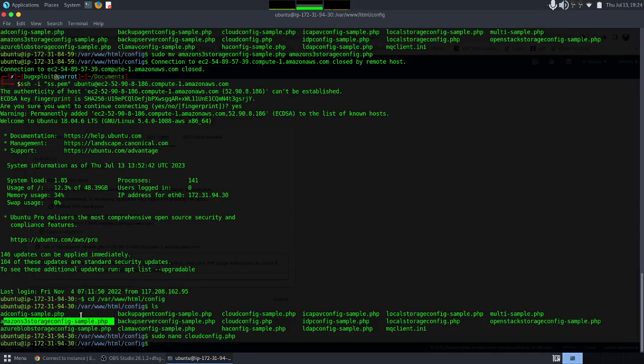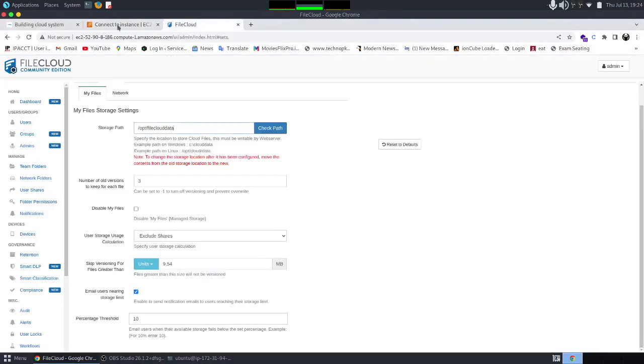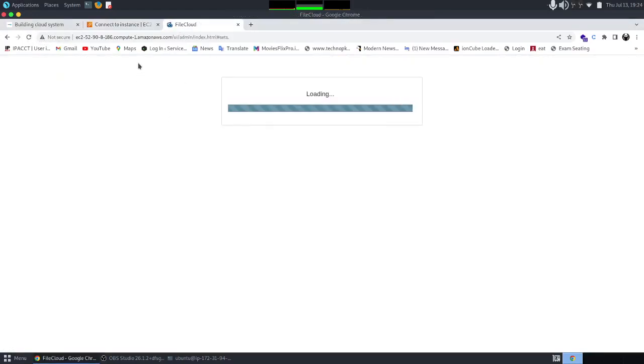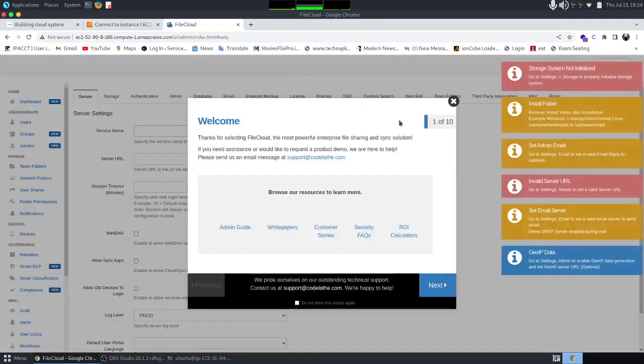So we need to change the file name from sample to the original file name. I need to change it to Amazon and just remove this sample word. Once I have completed it, if I have a look, if I go to a storage option,